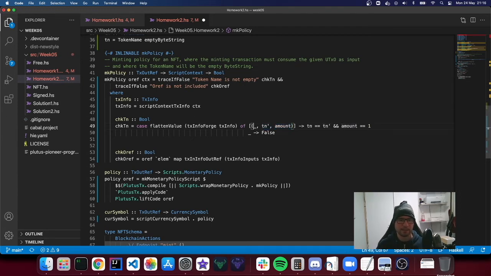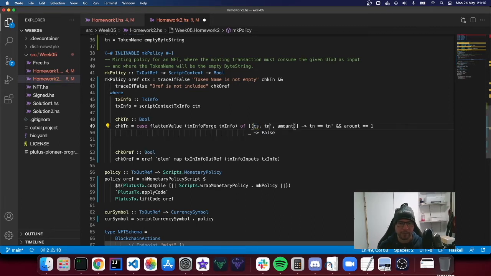And the second thing is that it's a silly mistake to say, but we need to check the currency symbol, because otherwise we could be minting basically anything, and we need to ensure that the currency symbol here is exactly the one generated by this script. It's a little bit of a chicken and egg thing, but as explained in the lesson, there is actually a utility method that allows us to fetch straight away the currency symbol of the function we're actually